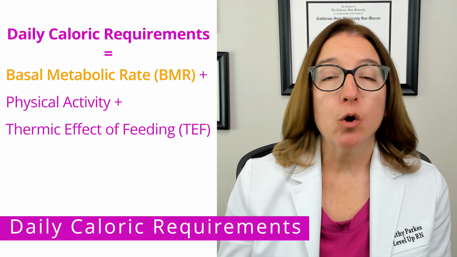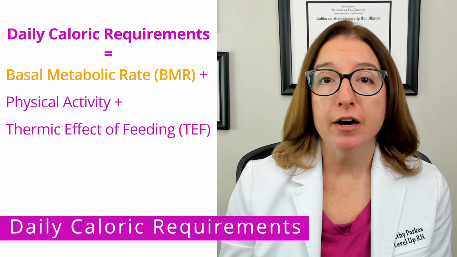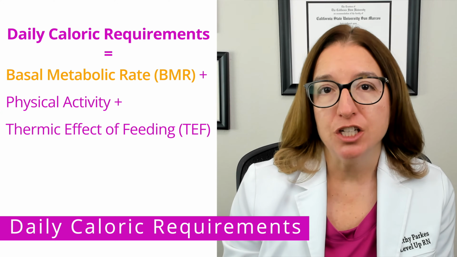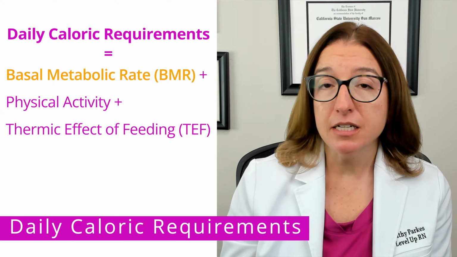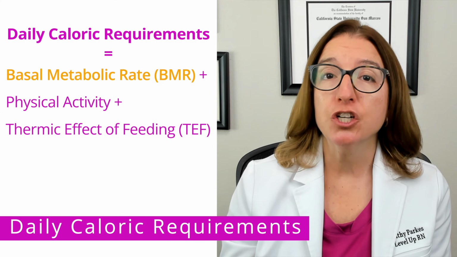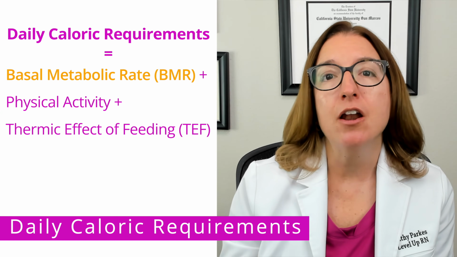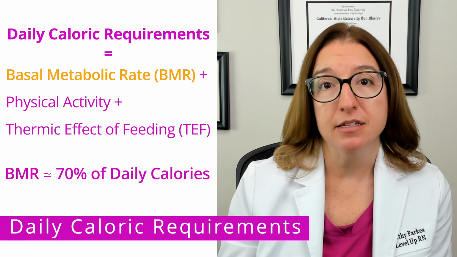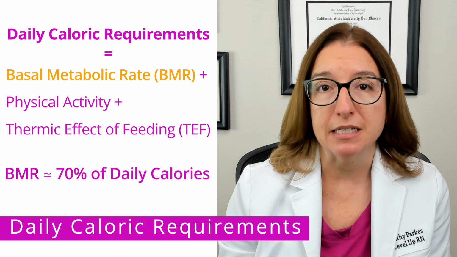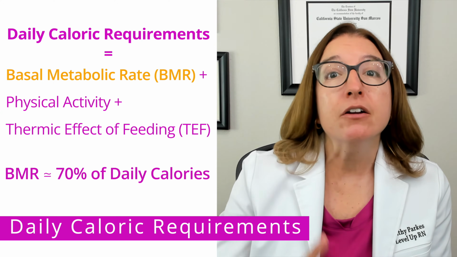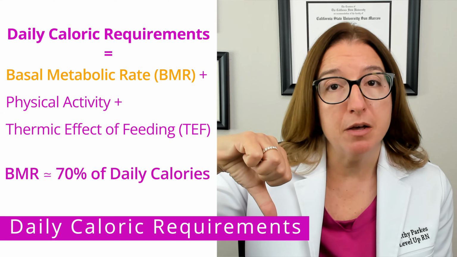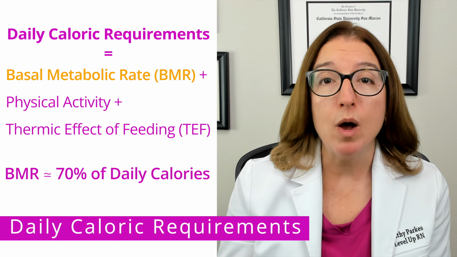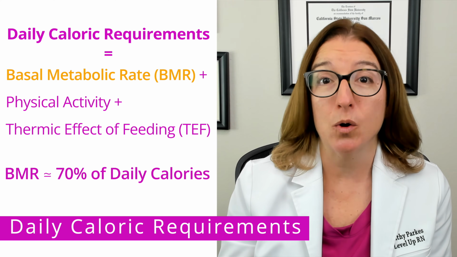Basal metabolic rate, or BMR, is the energy required for involuntary activities of the body in a resting condition. So examples of involuntary activities include regulation of body temperature, breathing, and heart function. So BMR represents about 70% of an individual's energy requirements. And knowing what factors increase BMR and decrease BMR is definitely important to know in nursing school, and it would lend itself well to a select all that applies type question.